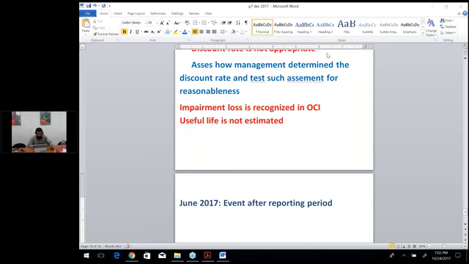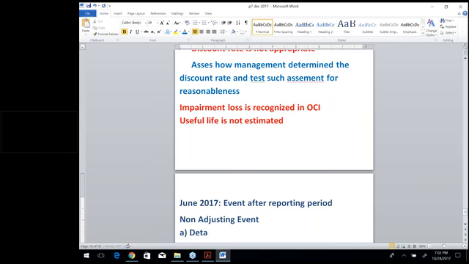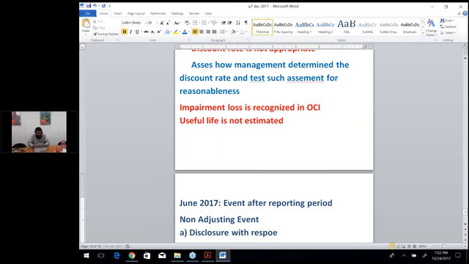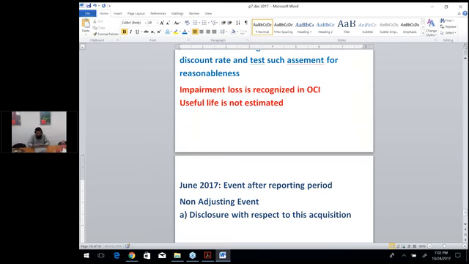Okay, so first of all, it is going to be an event after the reporting period, and it is going to be a non-adjusting event after the reporting period. If it does take place, then you need to disclose the details with respect to this acquisition. You discuss the disclosure with respect to this acquisition, number one. Number two,